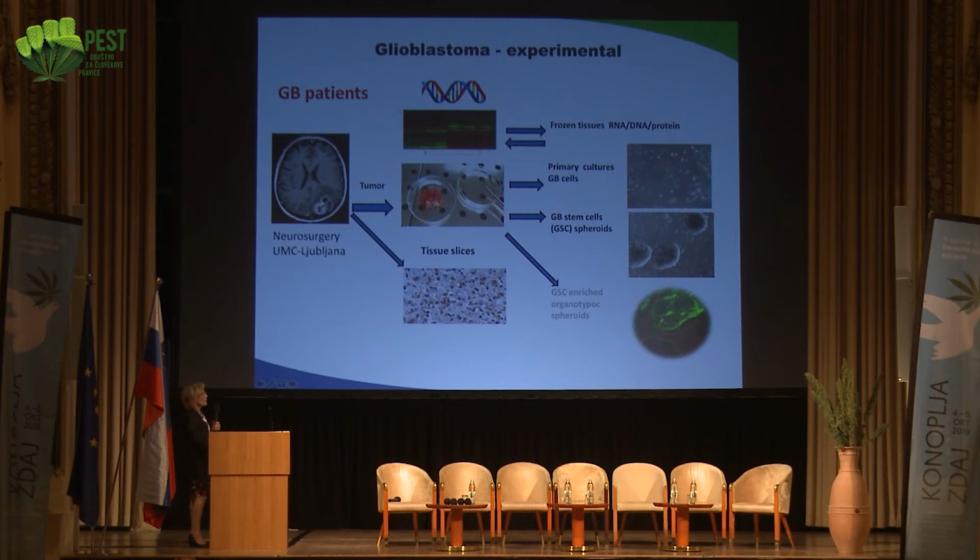But anyway, we then collect these slices, and this tumor is also cut into tissue sections, so to say, and this is done at the Department of Pathology of the Medical Faculty, and these sections are used for genetic analysis. So we would like to genetically analyze what kind of subtype is there and what kind of receptors are present in a particular cell, in the stem cells of the particular patient.